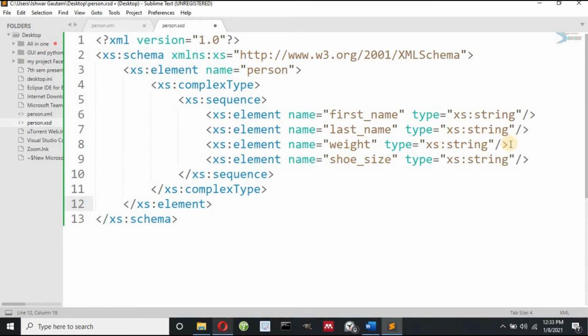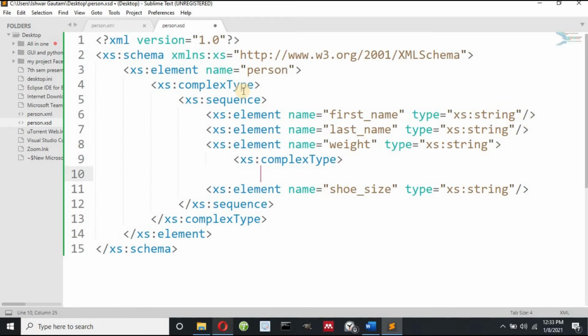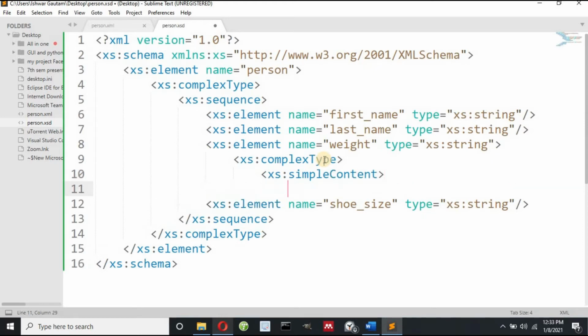And now we have an attribute of weight and also an attribute of shoe size. So what you have to do is delete this closing, because you have one attribute. So don't close it right now, this is the closing tag, so don't close it right now. You have to write now the attribute. So again you have to write xs:complexType, and now you don't need to write sequence because you have only one attribute. You can simply write simpleContent, and then you can write xs:attribute, and then name equals to, what is your name?